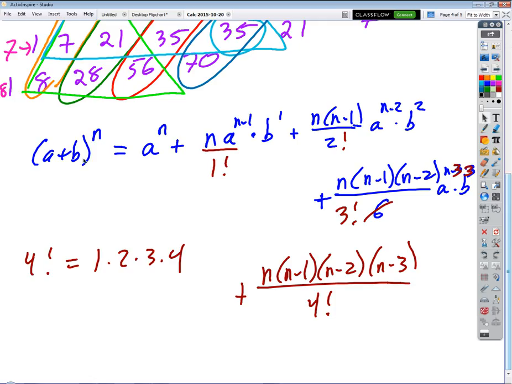the number of terms depends on how big n is. But we saw a pattern developing, right? And we looked at the first 1, 2, 3, 4, 5 terms in that pattern, which is pretty good. What we ended up with was,